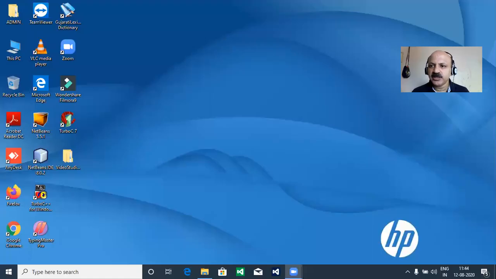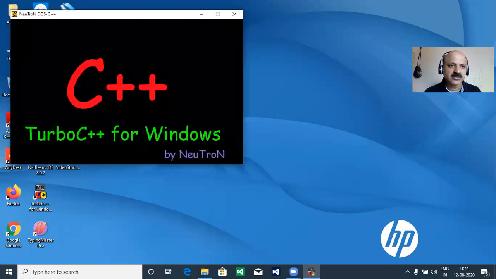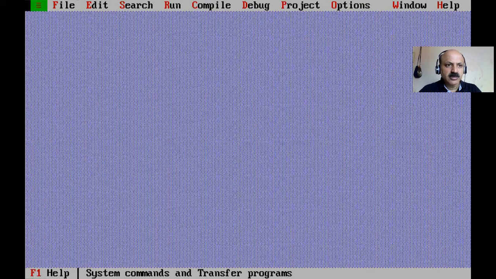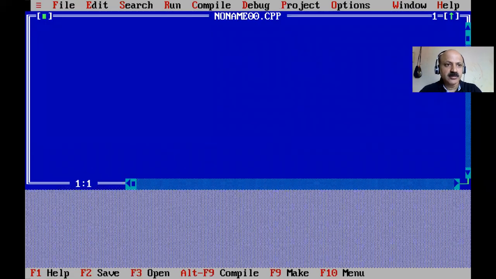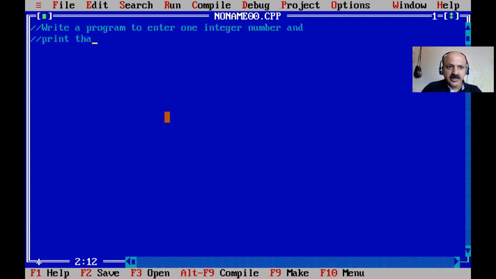In this session, we learn the factorial number in C language. First I share my laptop screen, and here Turbo C++ is there. I just double-click and it takes some time to open. Now Alt F opens the File menu, and I take a new file. First, write a program to enter one integer number and print that